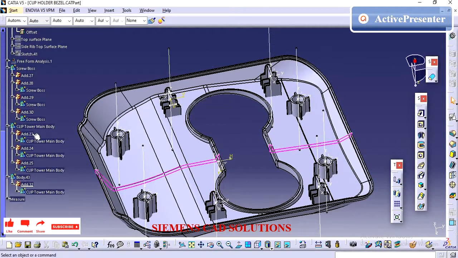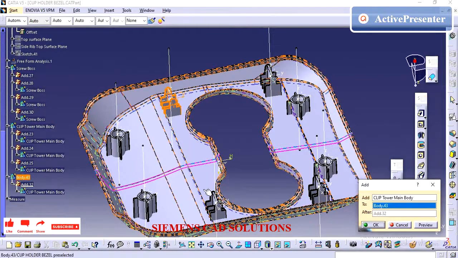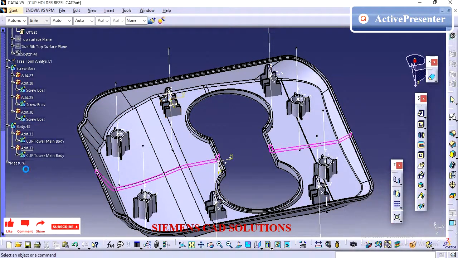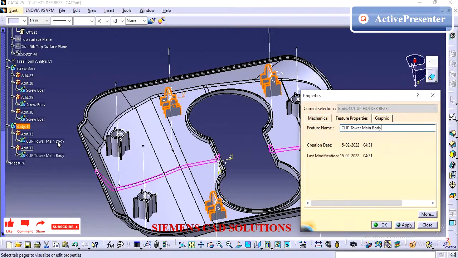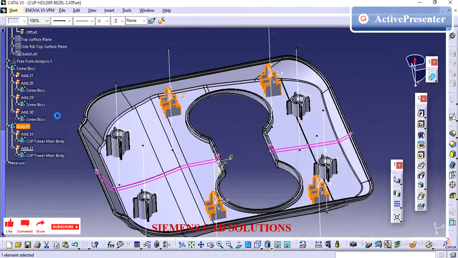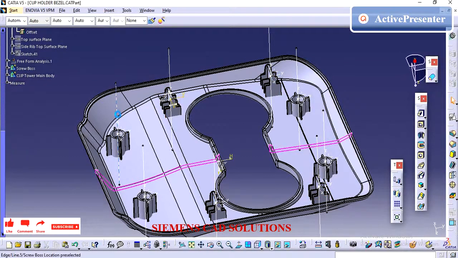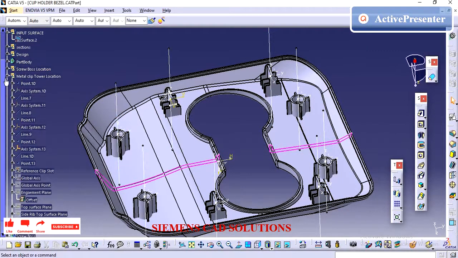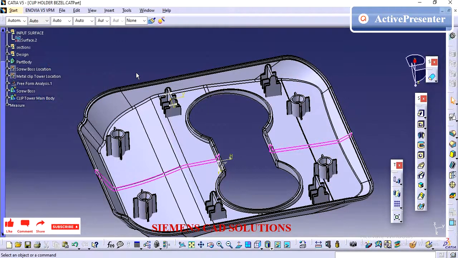In the previous video we created the B surface by using the master section. For the edge flanges we used the master section. The reason this part contains this many attachments is that it has contact with the passenger while inserting the cup, and while pulling the cup they will handle this bezel part.